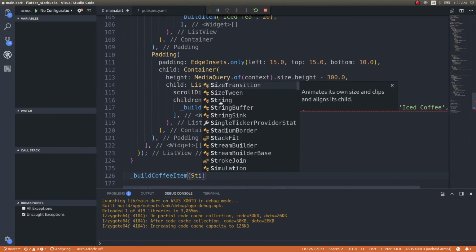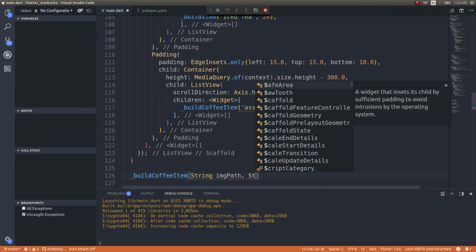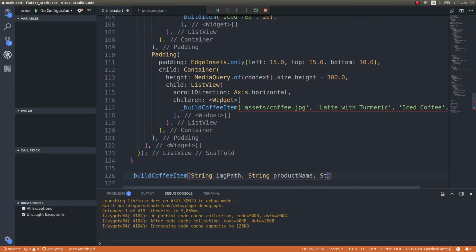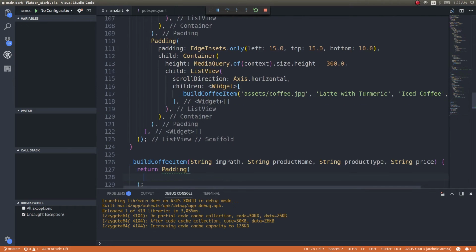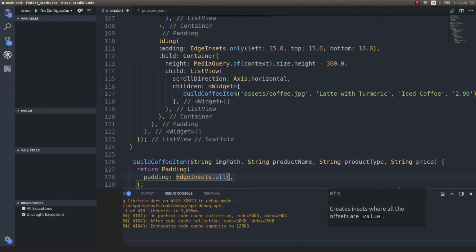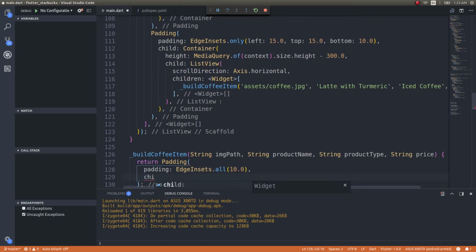It will accept once again string image path, string product name, string product type, string price, and it will return padding, padding edge insets dot all, 10 units, probably 10 units, and child would be